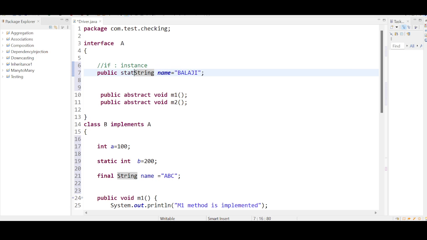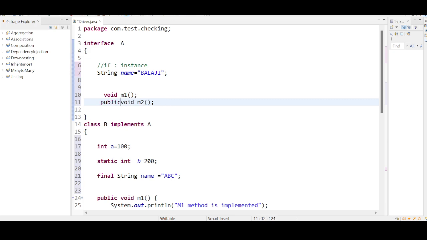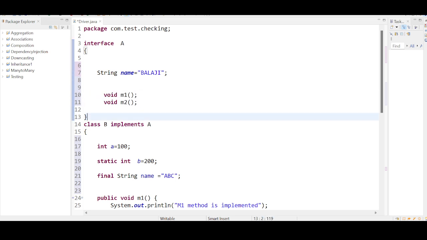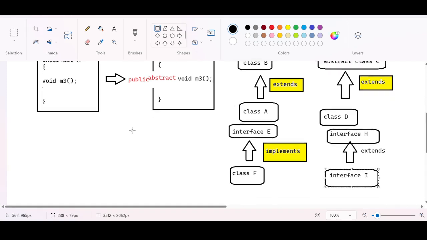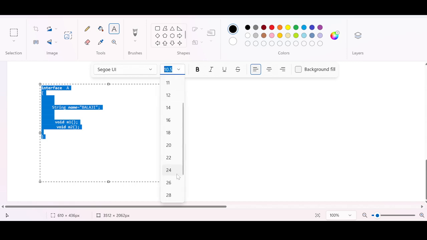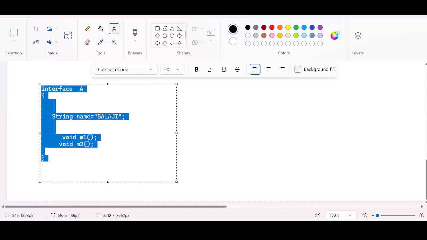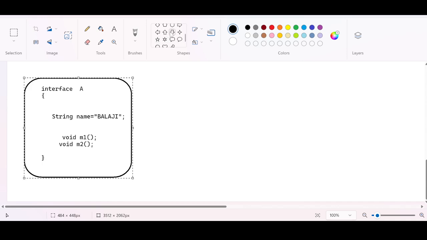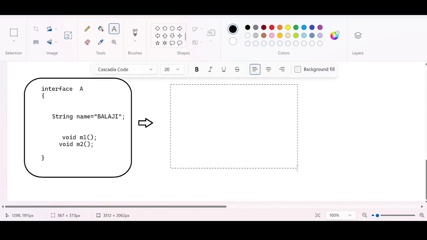See, it's very simple. If I take this interface, let me remove all this. If I have this interface, visually I can see two things. I have a variable and I have two methods, two incomplete methods. Visually this is what I see. Internally, what is happening behind the scenes? This is the visualization. What are the internal things? What is the compiler actually doing? If you give this code to the compiler, it will do some optimization. What will it do? It will try to see what kind of